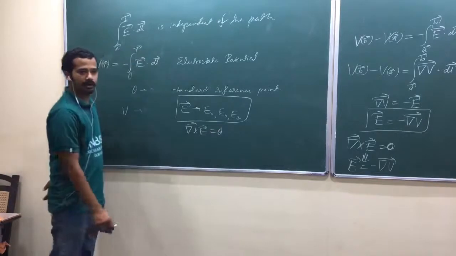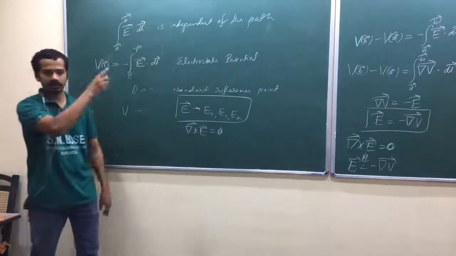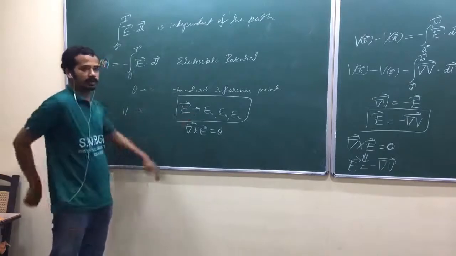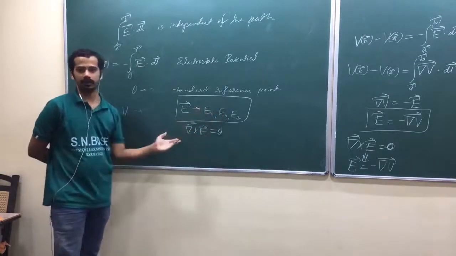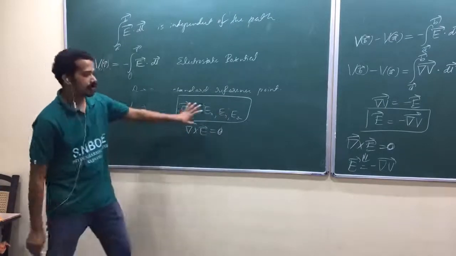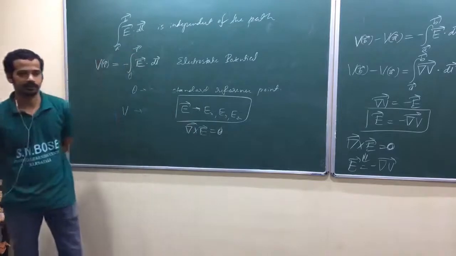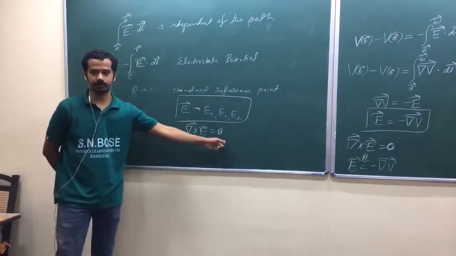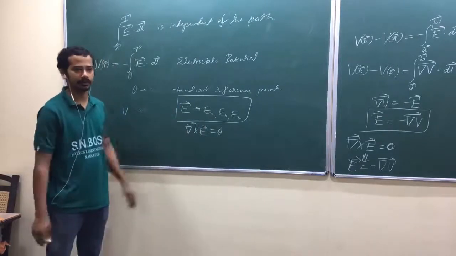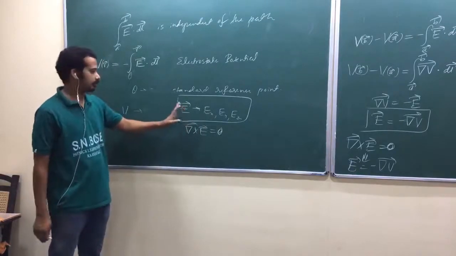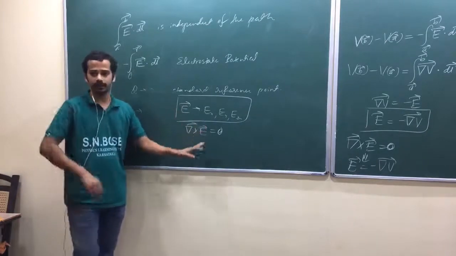Is that okay? Curl equal to 0 means if you write those determinants, you can relate the derivatives of those components, am I right? Like dou Ex by dou y and dou Ey by dou x, am I right? So, those components are not all independent, okay? Their derivatives are related actually. So, in this equation, their derivatives are related. It's not an ordinary vector. Electrostatic field is a vector field whose curl vanishes.